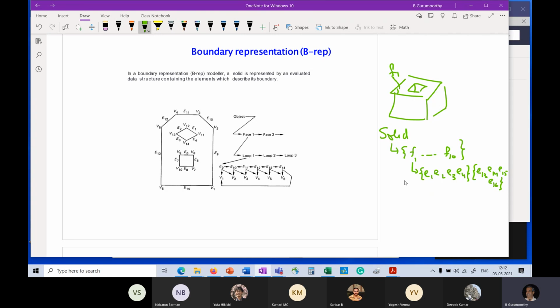Okay. And they will be consistently oriented to be consistent with the normals that we want, and therefore these edges are oriented like that, and so I'll label them as E1, E2, E3, and E4. And the inner one, again, when you traverse it, the material must be to its left, and therefore its traversal will be like this. And so I will label this as E13, E14, E15, and E16.